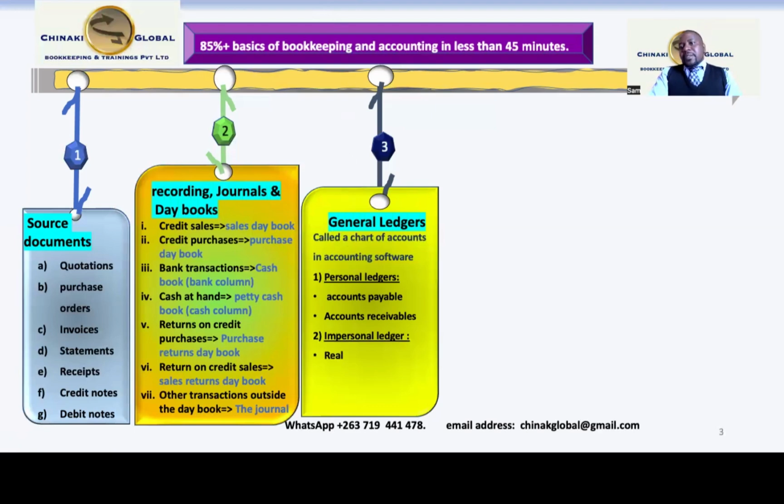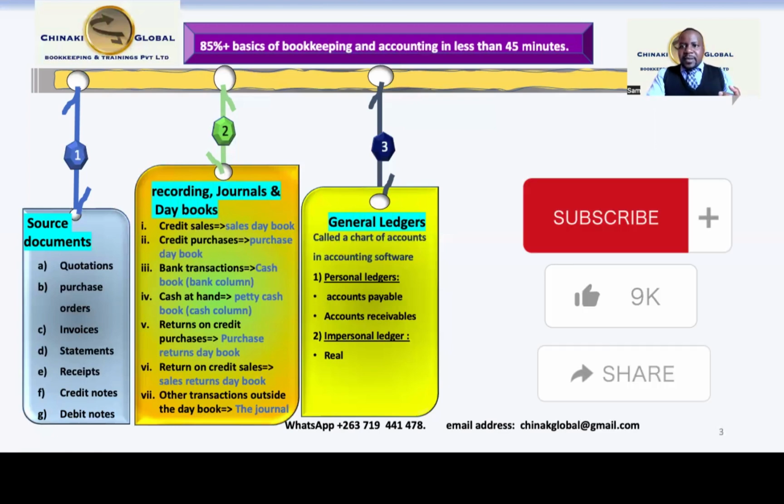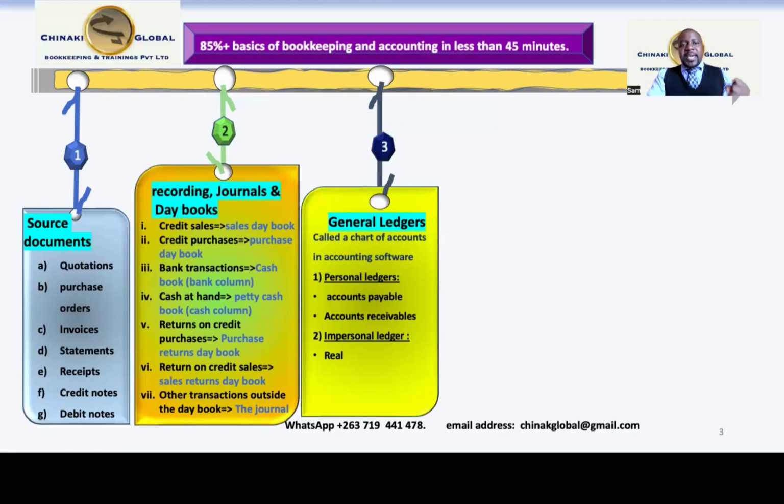Okay, so the first one is the real general ledger. This actually refers to the ledger where we record those transactions that we're supposed to have within our business at the end of the period, and we are not expecting to close the books or to close the ledger, right? We just want to carry on with these